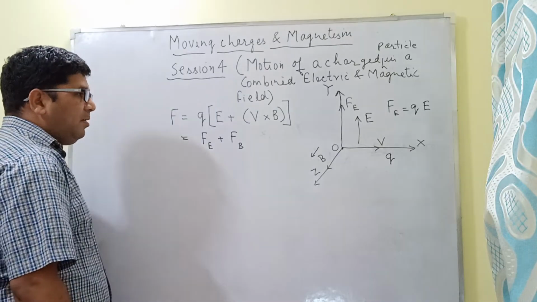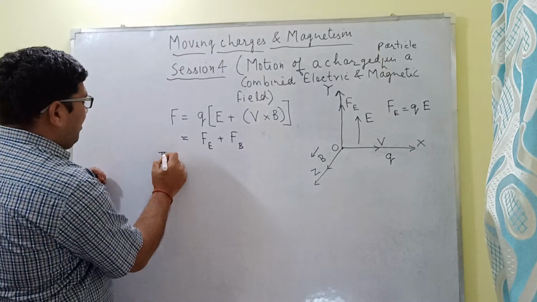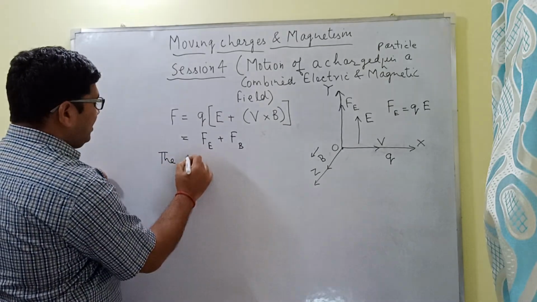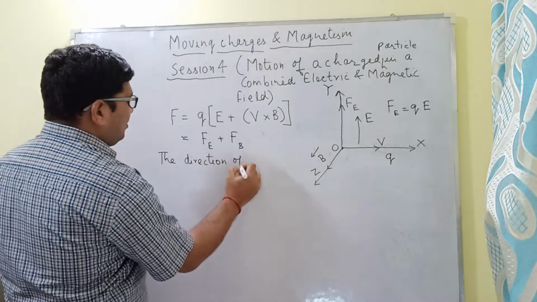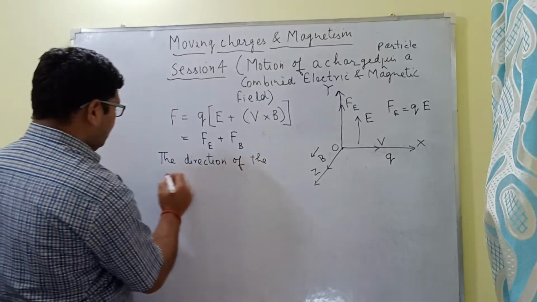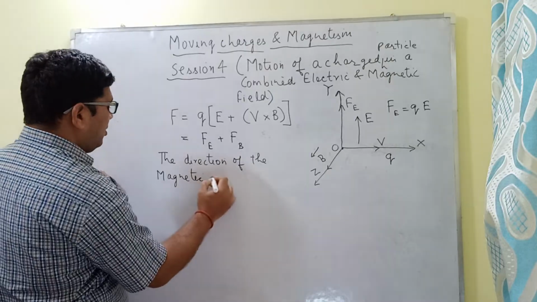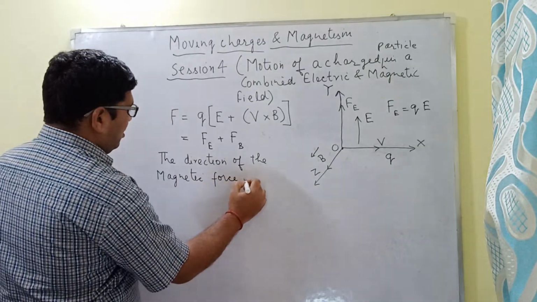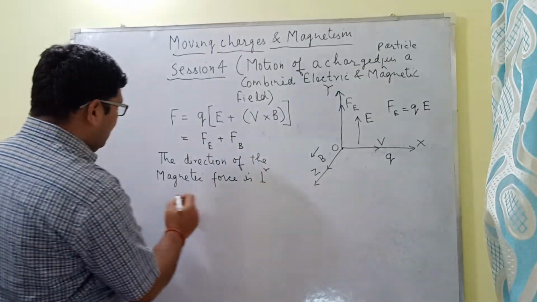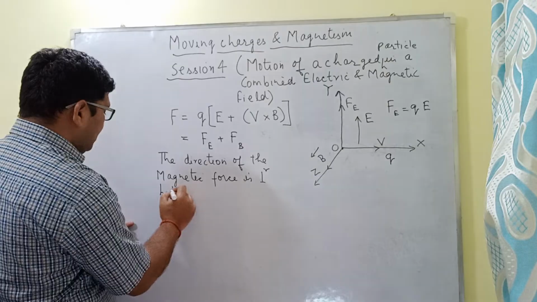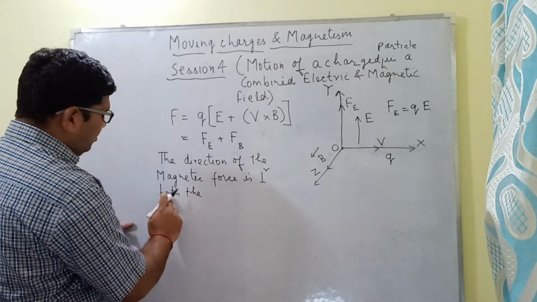So what will be the direction of the magnetic force? The direction of the magnetic force, as we have already studied, is perpendicular to